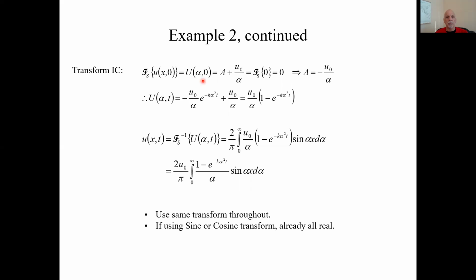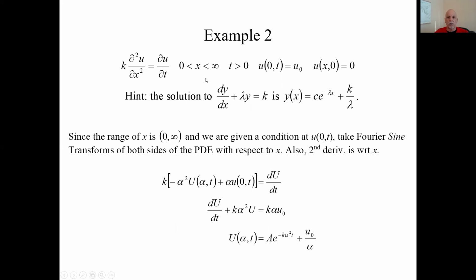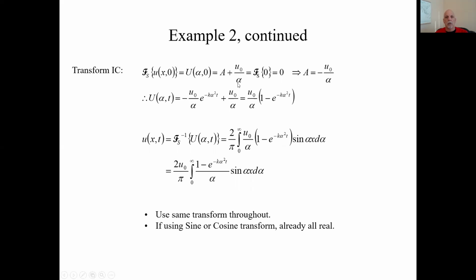What was our solution for big U? Plug in 0 for t, this becomes 1, and we just have big A plus this. There it is, and that has to equal the right side, which was 0. So now we know what big A is. Plug it back into what we already had, and here is our